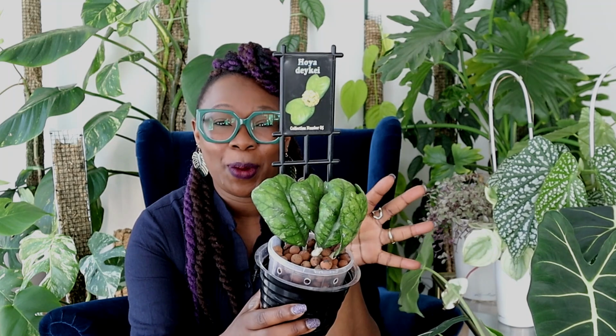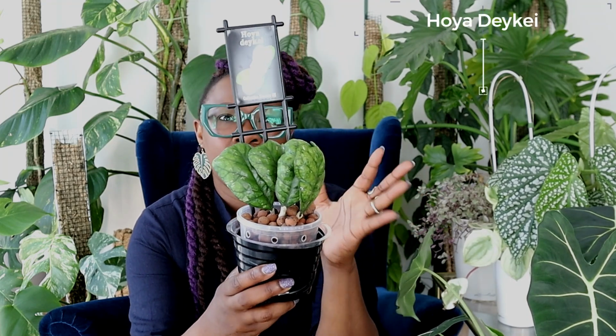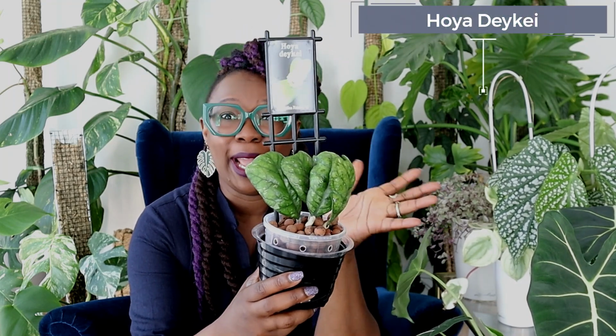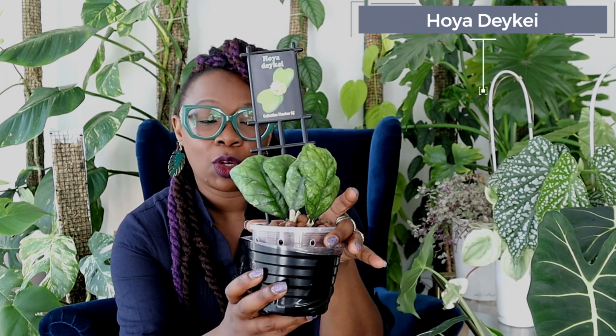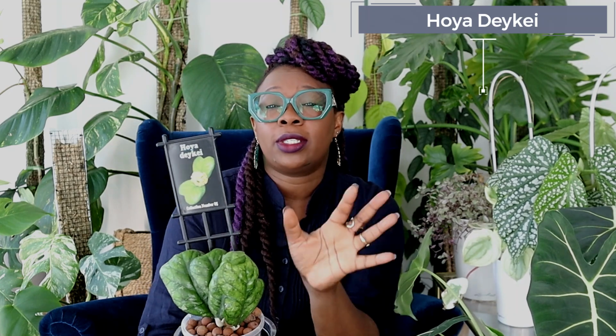This is another Hoya here. This is my Hoya Deykae. I think it's Deykae. I don't know. Anyway, whatever it's called, look at those reptilian leaves. Oh my goodness. You know, I saw this plant and I was like, yes, yes. The freakier the leaves look, the more I want it. And so I got this Hoya, and I transitioned this plant from soil to Leca